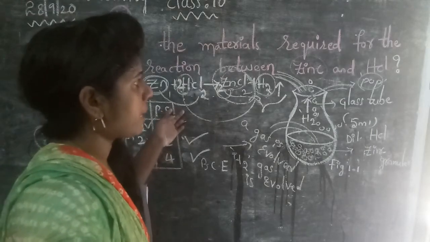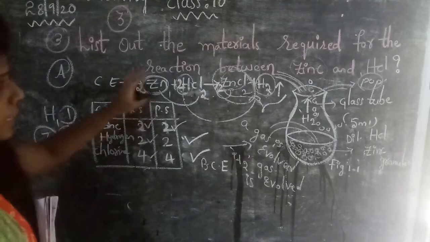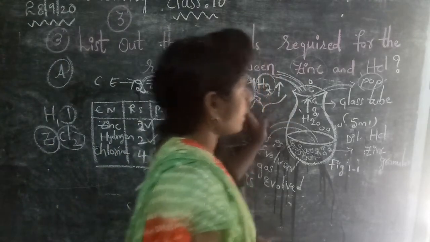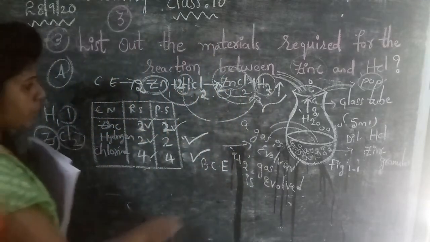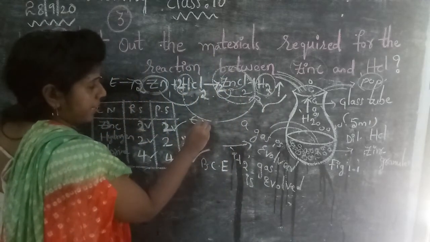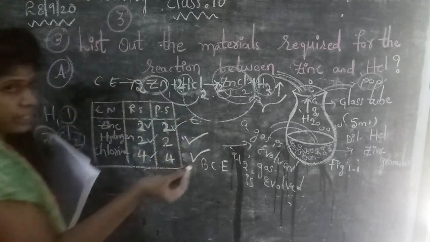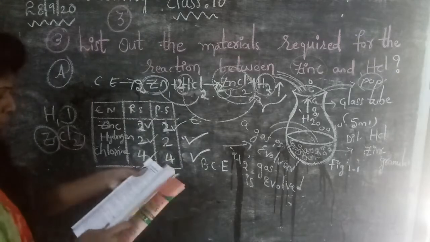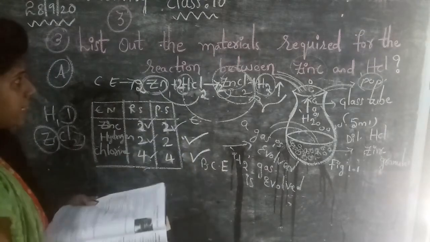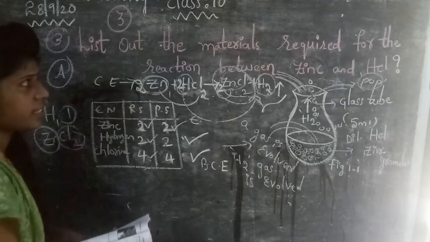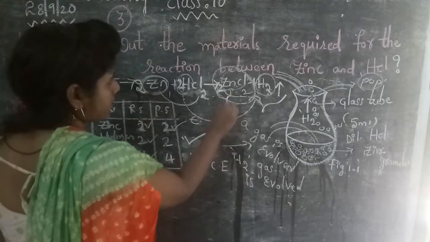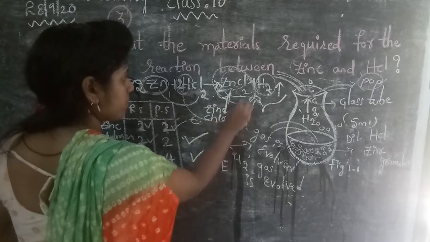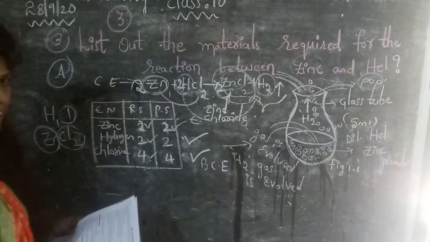Hence we can say it is a balanced chemical equation. During this process, some amount of energy has been lost. So that comes under exothermic reaction. What do you mean by the term exothermic? Energy is lost or energy is emitted or heat energy is liberated. By this we can conclude that a new product is obtained when zinc plus hydrochloric acid react with each other. That is zinc chloride. What is the final product we are getting? Zinc chloride and liberation of hydrogen gas. Is it clear?